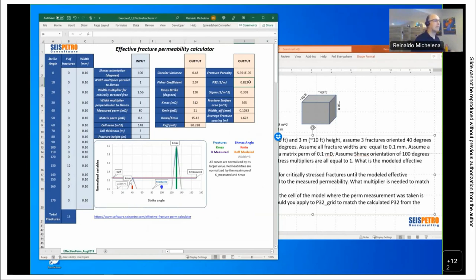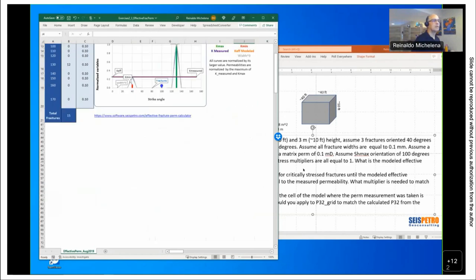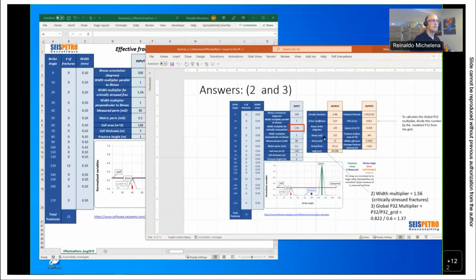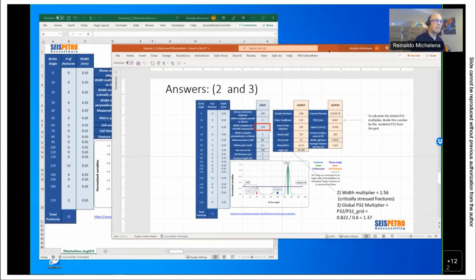So I'm going to go to the solutions page here. So this is the 0.822 that we get, and then the multiplier will be simply this P32